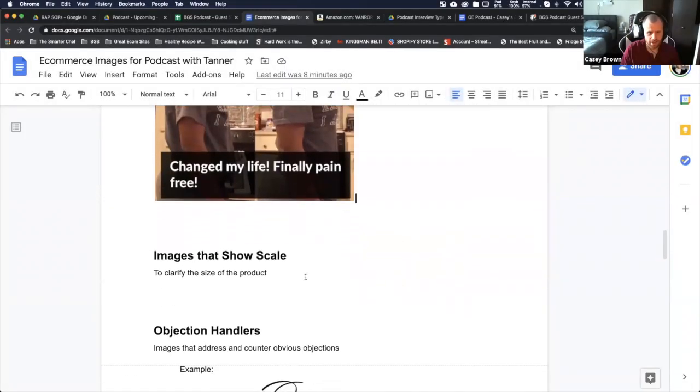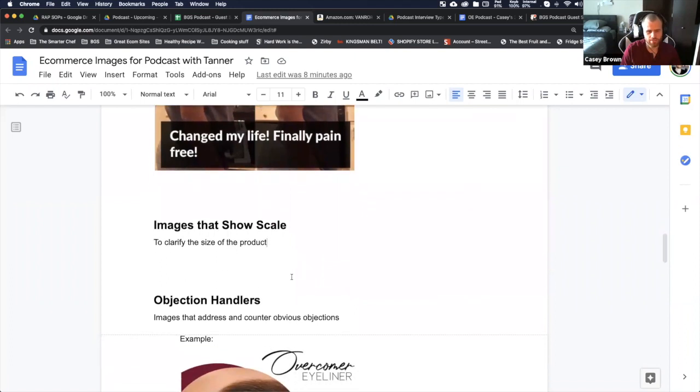Those are fantastic. Images that show scale. So this is a simple one, going back to clarity. All roads come back to clarity, basically. I don't think I need to elaborate on this too much. Just put it next to a household object. If it's a knife, or I don't know,